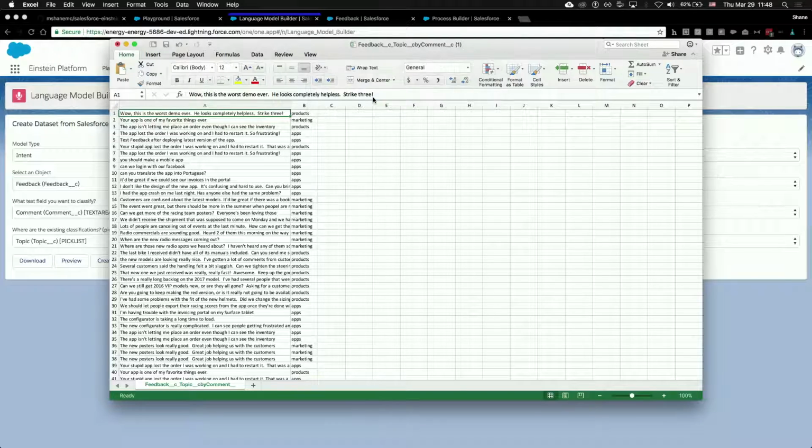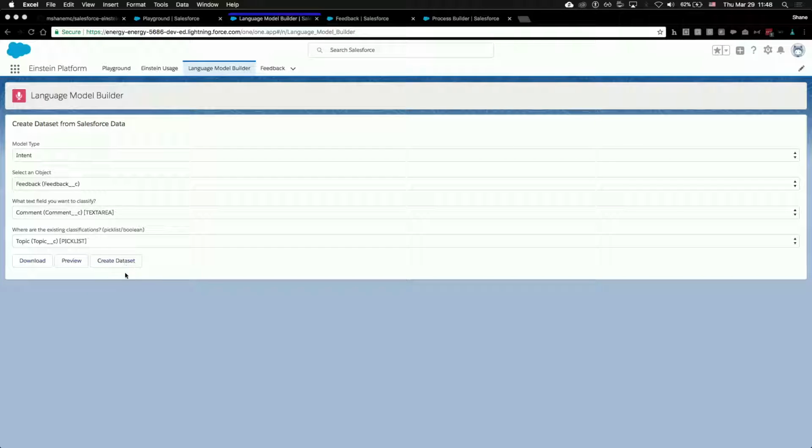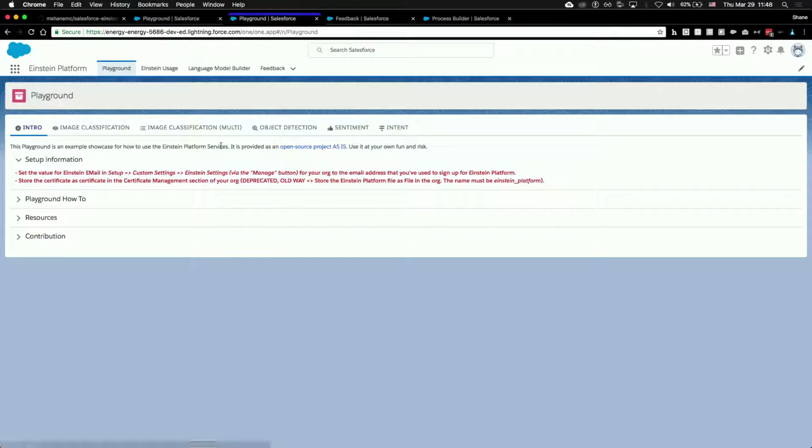And then what you get to do is to create a data set. You can do this in the API itself. You upload your CSV file through some actions and stuff. And this is our data set created. Okay, so where did my data set go? You're going to want to go look over in the playground that gets installed as part of this.